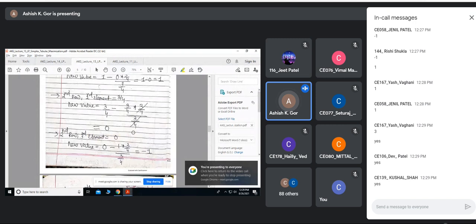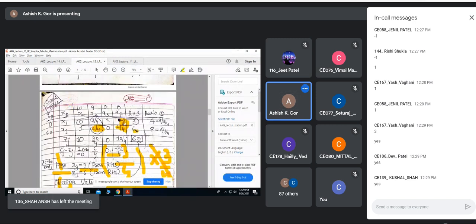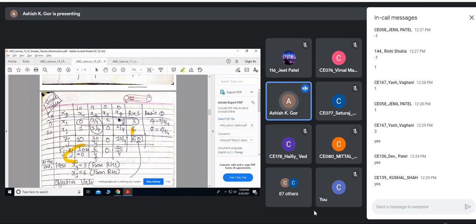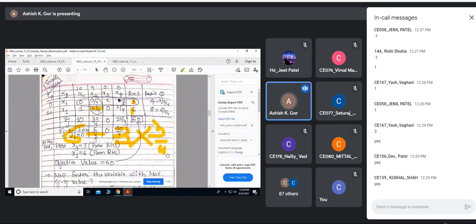Last one is this. So this is 6. This is an old value, right? 6. What is the corresponding key row value? 3. In key row, first is a key row. So corresponding to 6, the value is 3. Corresponding to 6, key column is this. Value is what? 3 by 4. So it is 3 into 3 by 4. Divide by pivot. So this is 3 by 4.